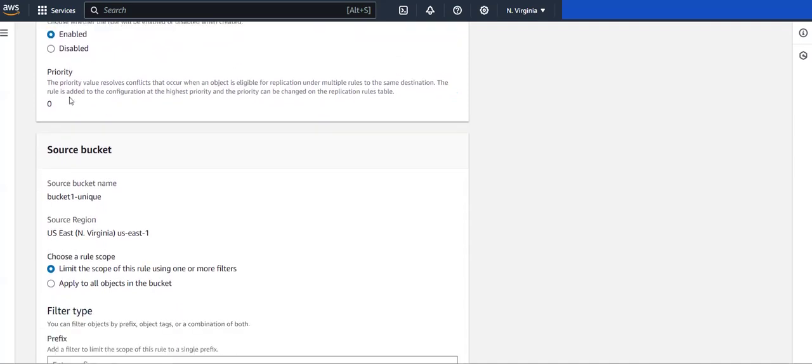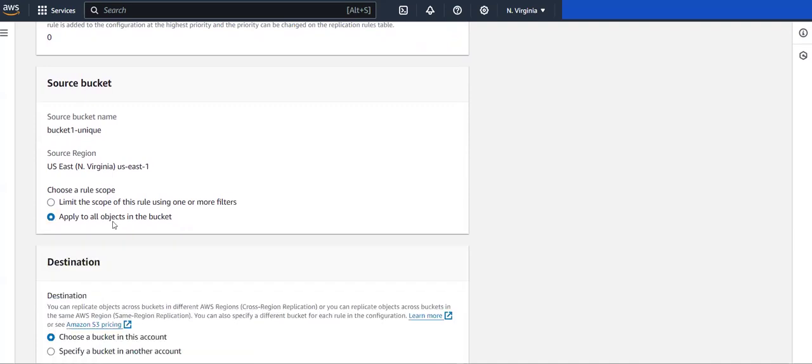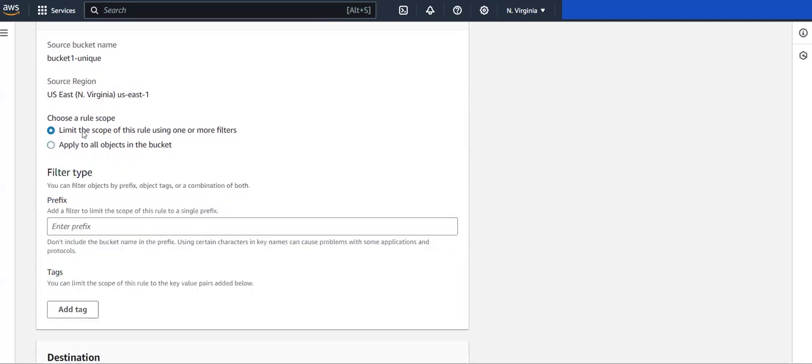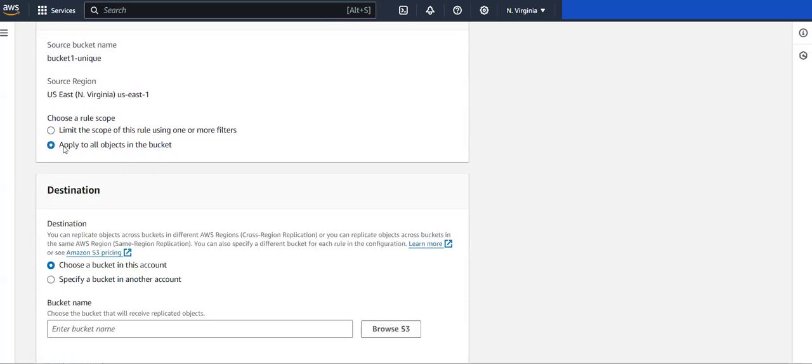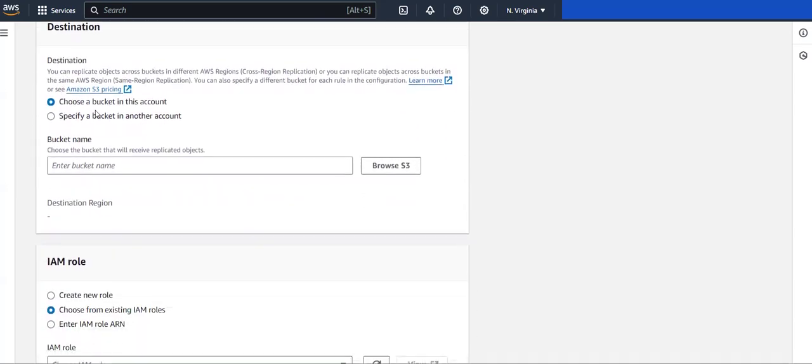I'm not changing. I'm moving on with the default options, and the source bucket is the same, that is this. And I want to apply it for all objects. So that's why I selected this. You have even scope to limit the objects by applying filters with a specific prefix, so objects only you can filter. Now I'm just selecting this upload all objects, and here you need to select the destination bucket from available, or